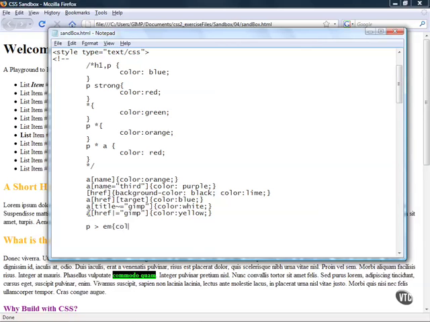And I want to color them red. So as you can see, all I did was separate the emphasis from the paragraph with the greater than sign to say I only want direct descendants of the P. So I'll go ahead and save that